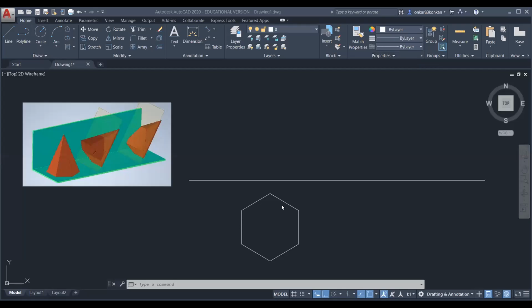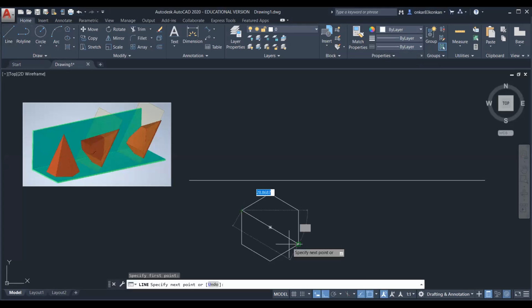So by referring to the first image, where the pyramid is completely resting on the HP and the axis is perpendicular to the HP, and one of the base sides, that is this side, is perpendicular to the vertical plane or XY line. Okay, so this is the top view. Now as this is a pyramid, we can observe the slant edges in the top view. So draw the slant edges.